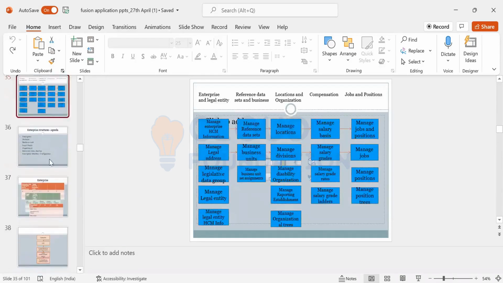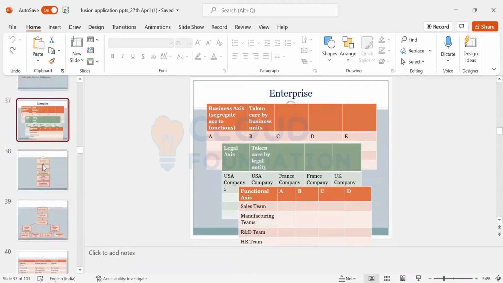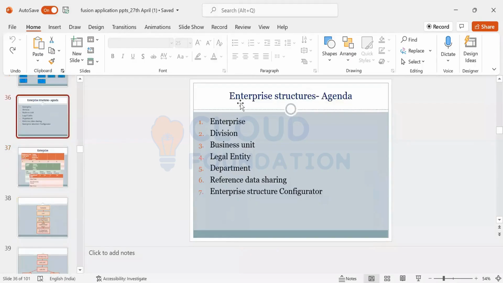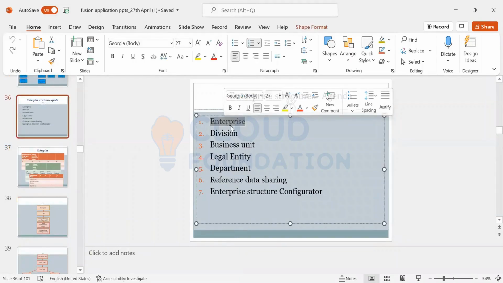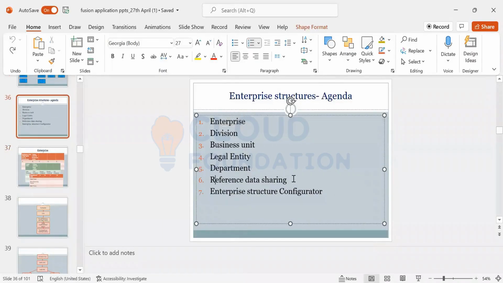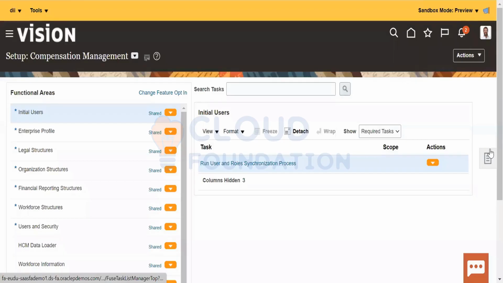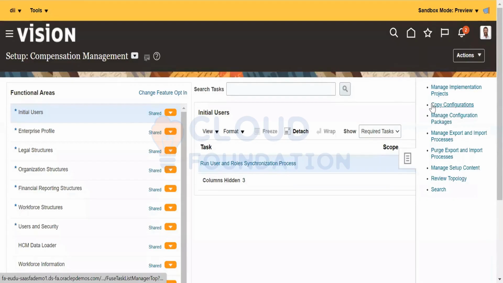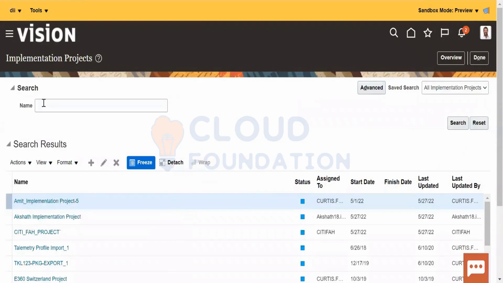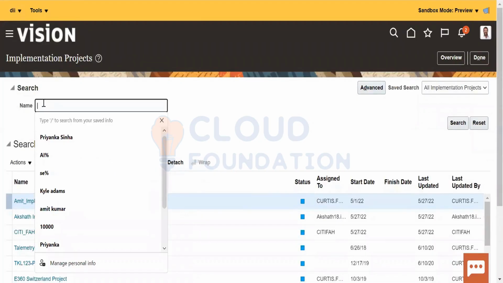We have done this. How to create an enterprise, I'll tell you later on. Okay, data sharing. I will tell you what is RDS. What is RDS? Click on Manage Implementation Project.